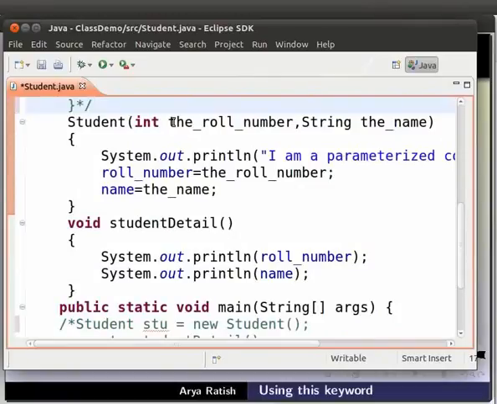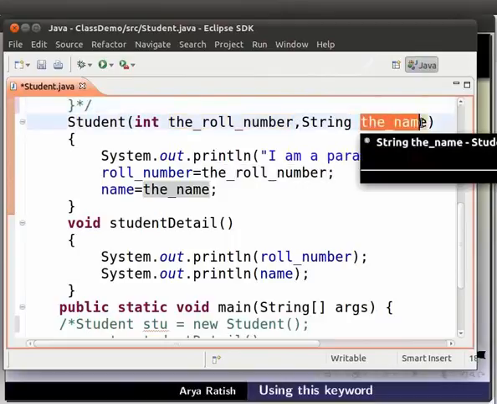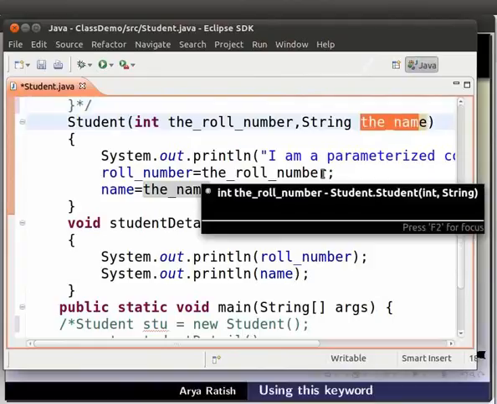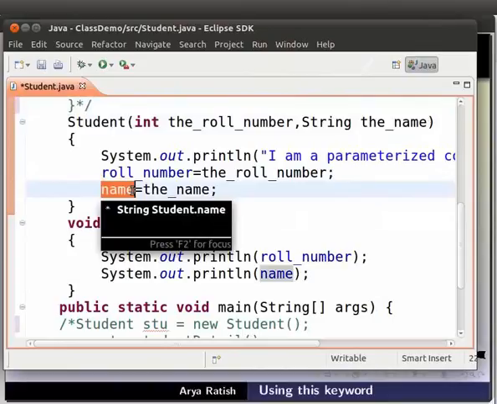The _roll_number and the _name are the arguments passed to the constructor. Roll_number and name are the instance variables. Now, let me change the arguments to roll_number and name itself.